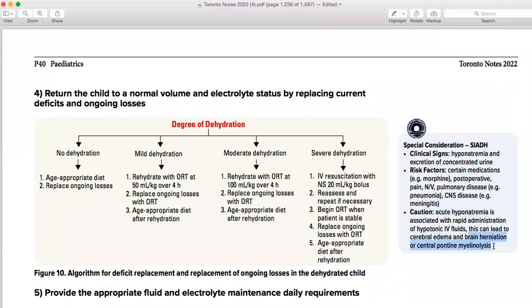It is very nicely written in the table in nephrology, so you can read it from there. Even in emergency medicine, it's nicely written in one table, so you can read it from there.